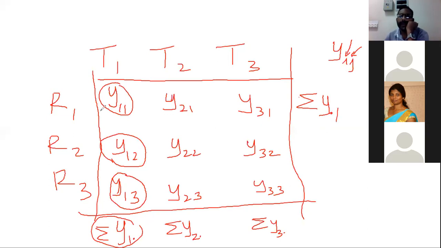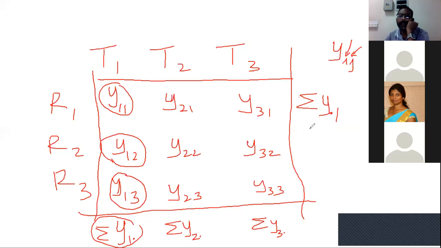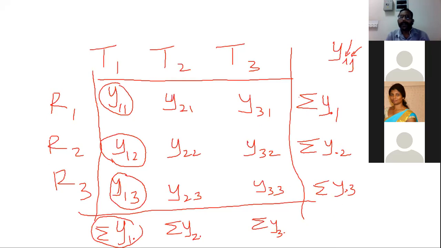First replicate total, irrespective of treatment. Similarly, this is summation y dot 2, summation y dot 3. Actually, we don't want this for this particular design, but this is how we write it down. Give me a second. Some unwanted things are popping up. All right, and now